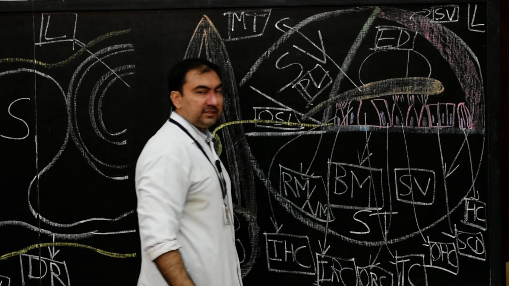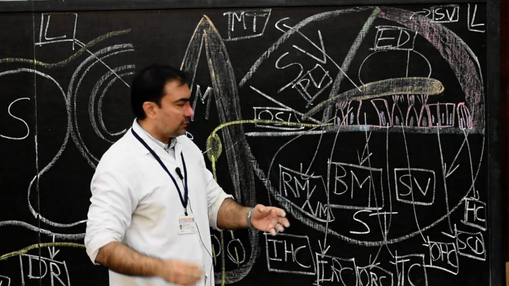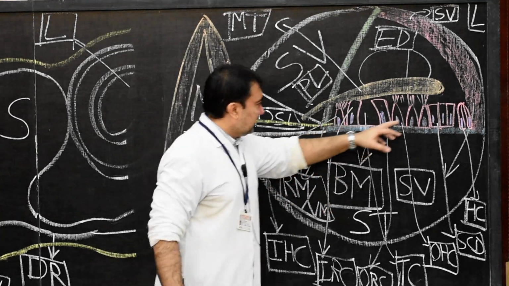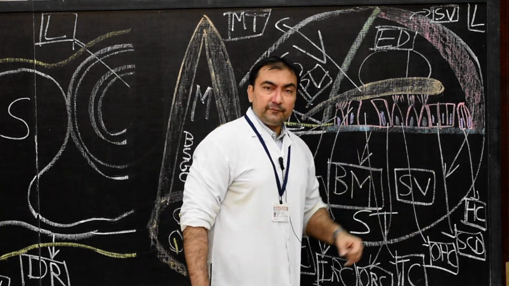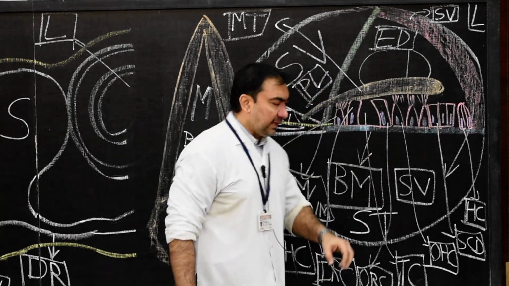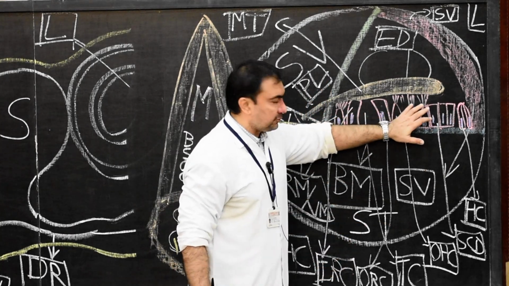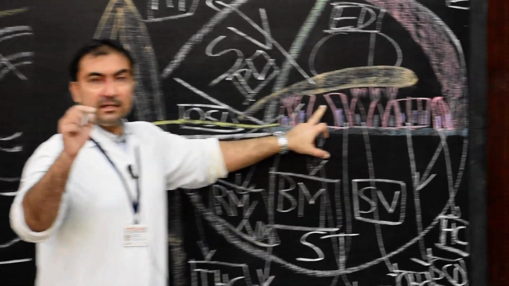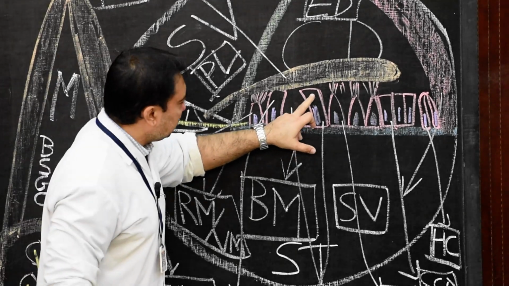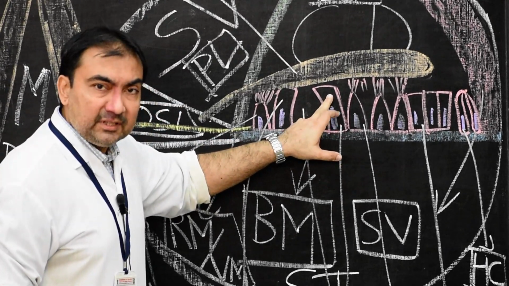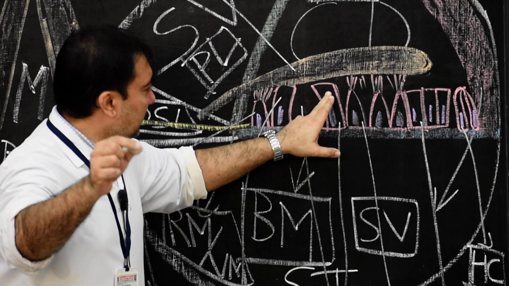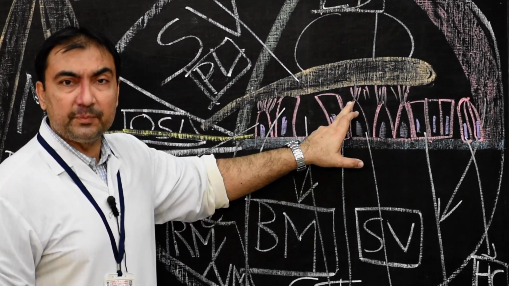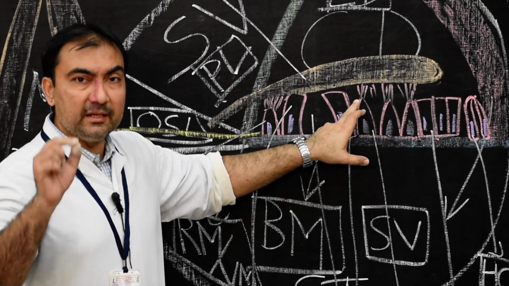And now comes the spiral organ of Corti. What is spiral organ of Corti? Inner hair cells, outer hair cells, inner rod cells, outer rod cells, then the supporting cells of Deiters, then Hensen cells, and the various spaces in between these cells. What are these various spaces? For example, the space between the inner and outer rod cell is called the tunnel of Corti. Space between rod cell, which rod cell? Where my finger is there, outer rod cell, and this hair cell, outer hair cell, will be known as the space of Nuel, N-U-E-L.